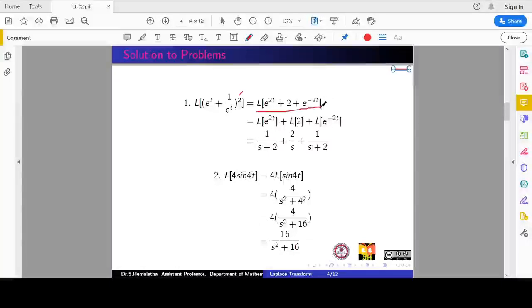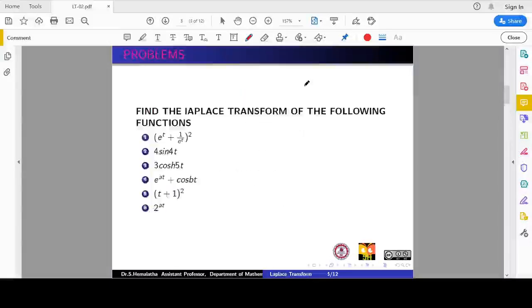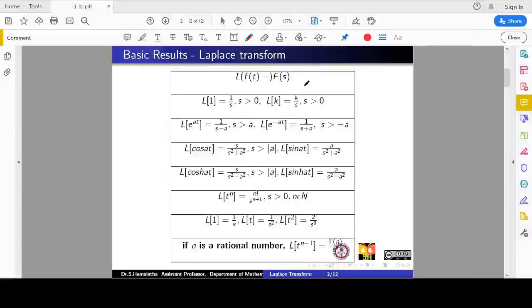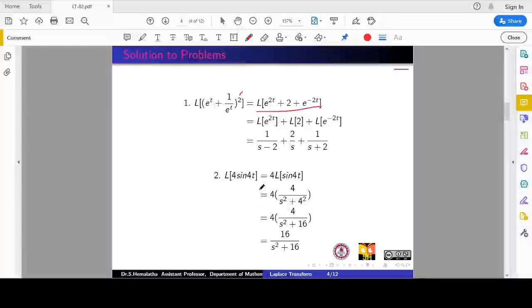Just look at this. This is now very simple to write because I know what is the Laplace of e power at when you move to the previous discussions. The formula says we have all these: L of 1, L of k, e power at, e power minus at, cos at, sin at, all these are standard. So once you have this form, you can easily write the Laplace transform. Now I'll be writing it, and this can be split using our linearity property. So we can compute the Laplace for each function separately and then add it accordingly.